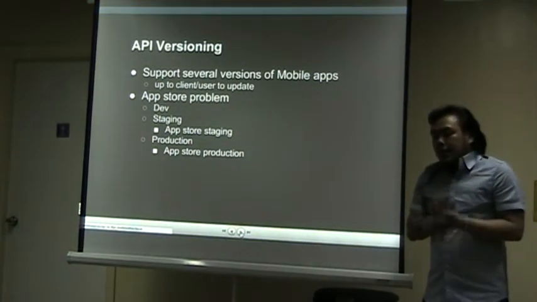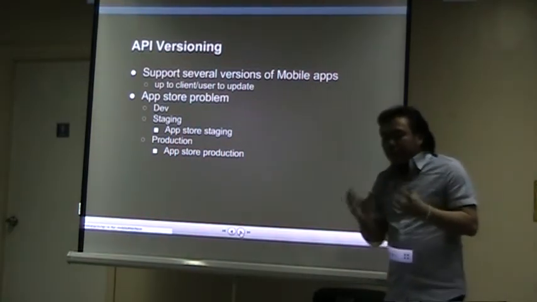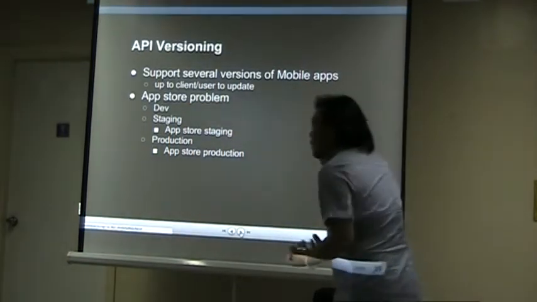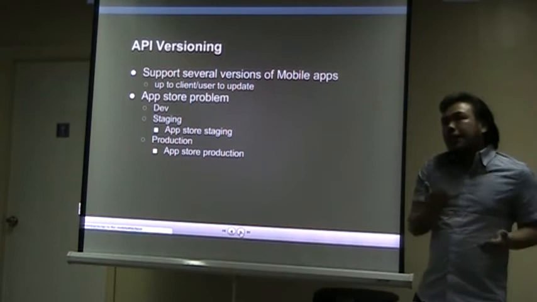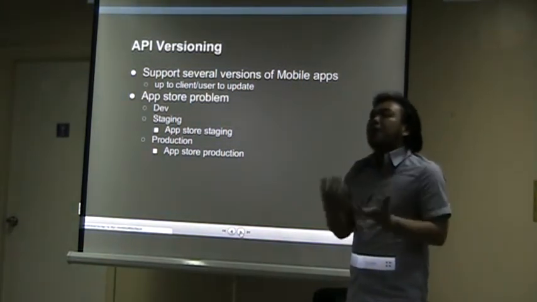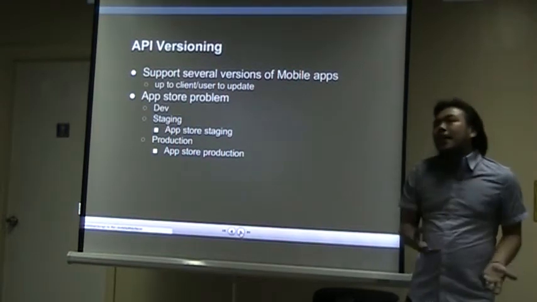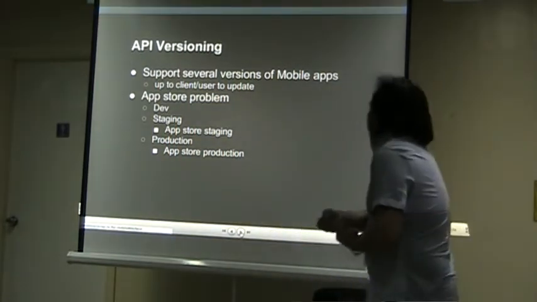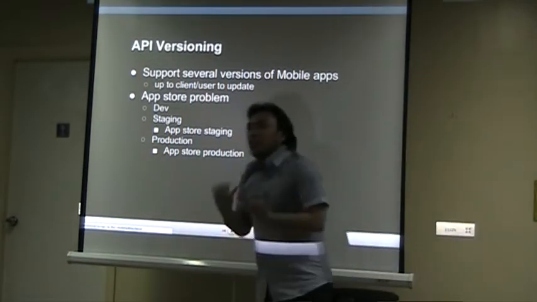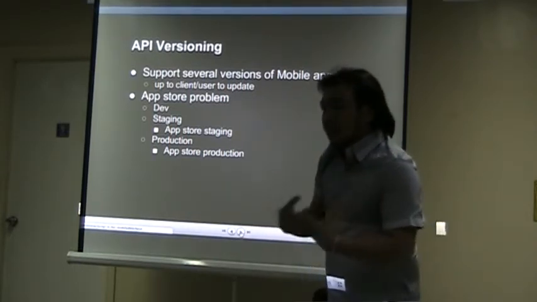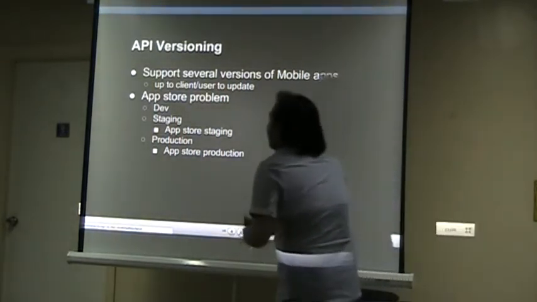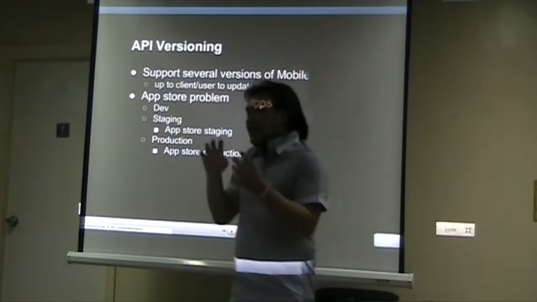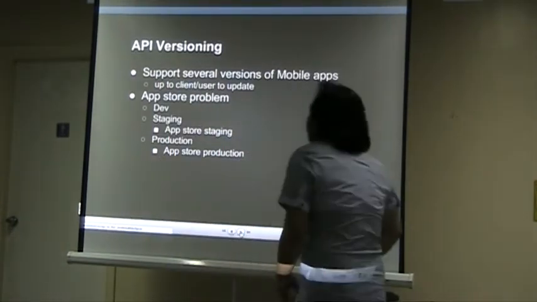doing mobile apps, there's, I guess, a semi-issue that you have to go through. If you're familiar with the Apple ecosystem, you have to submit your app into a review process that can usually take 6 days to 1 week before it shows up in the App Store. So what does that tell us? That tells us that obviously you need to have a dev copy of your API so that you can write it, you can add code to it. Now, you also need a staging copy of your API so that you can test it internally within your company.